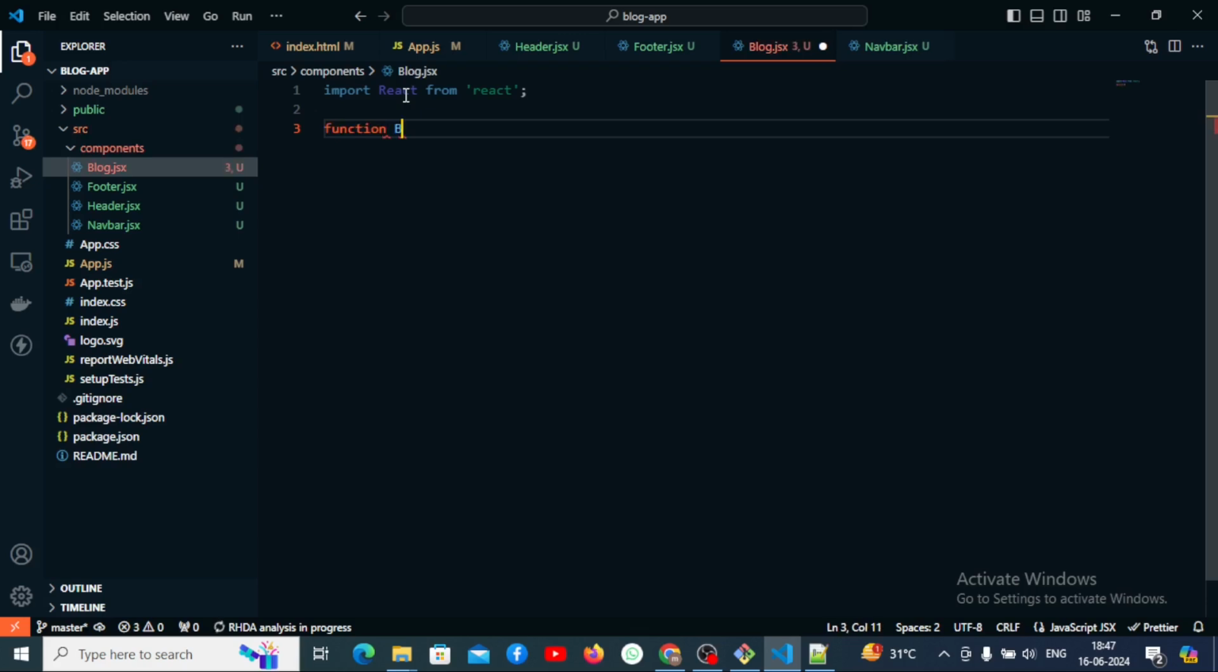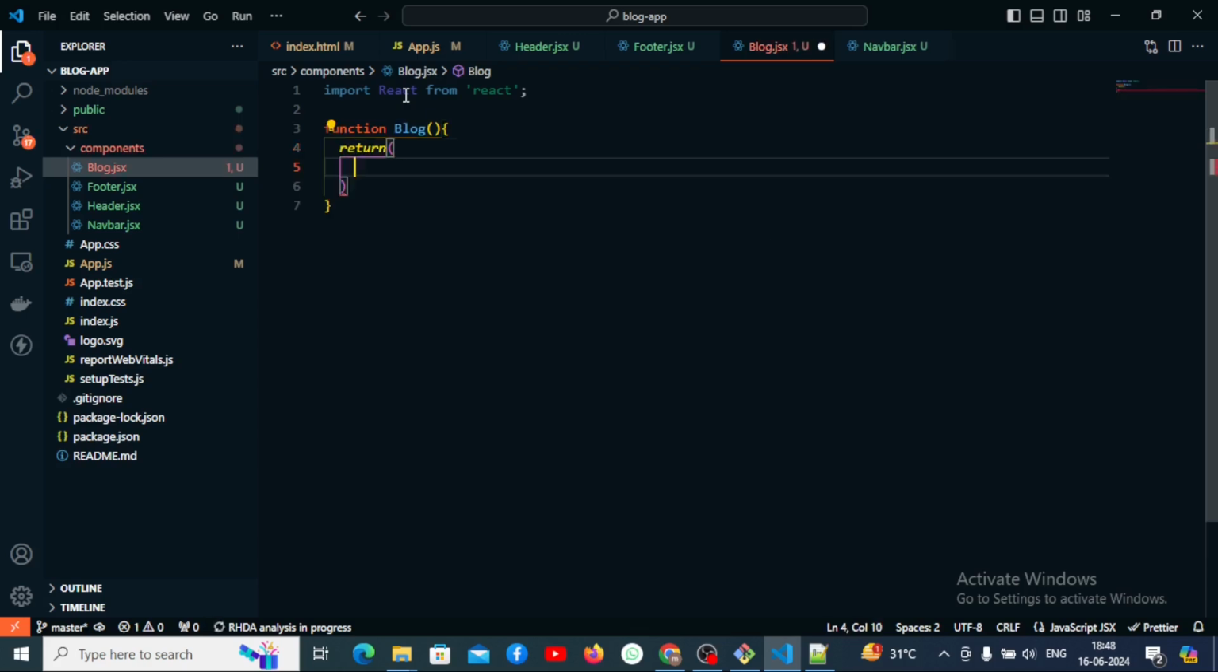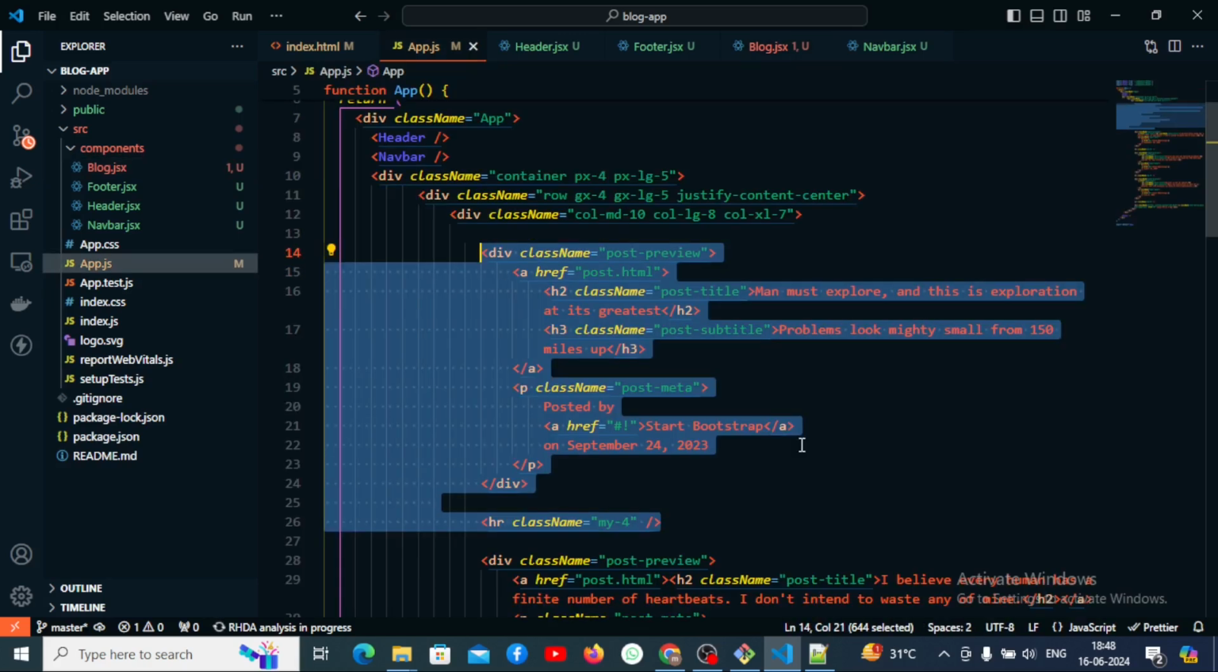Function block, and we will return the HTML code from here. So let us grab the HTML code from the app.js. First, let us just export the function, otherwise we won't be able to import it. Now let's get the HTML code for this component. Yeah, we will copy this part